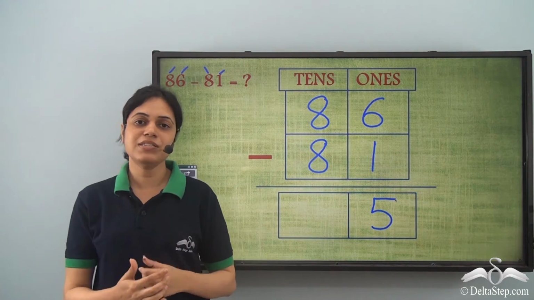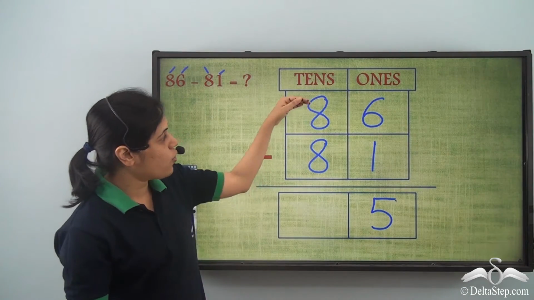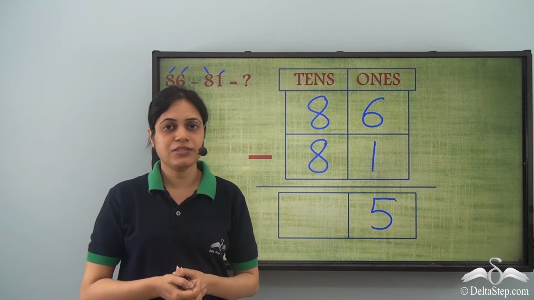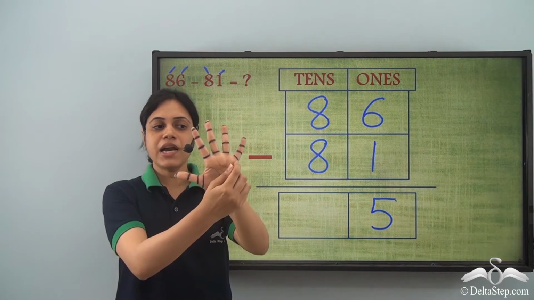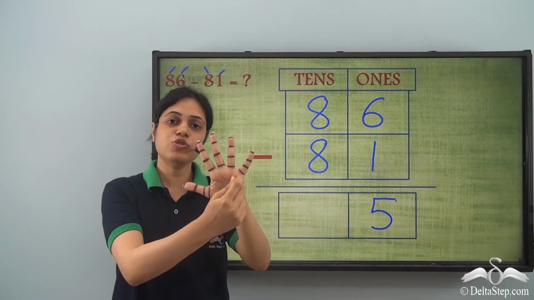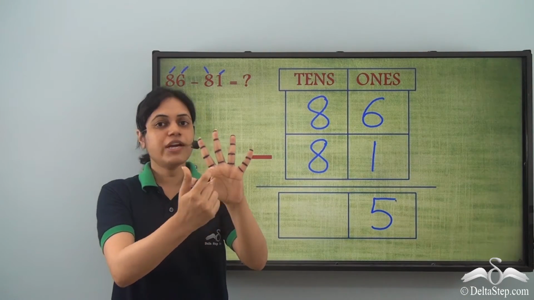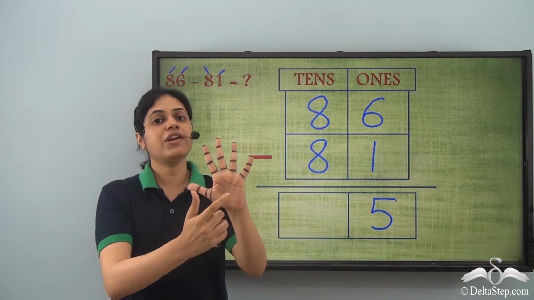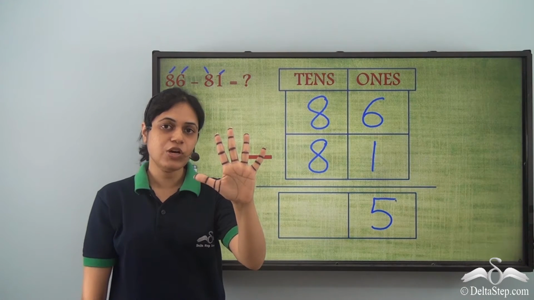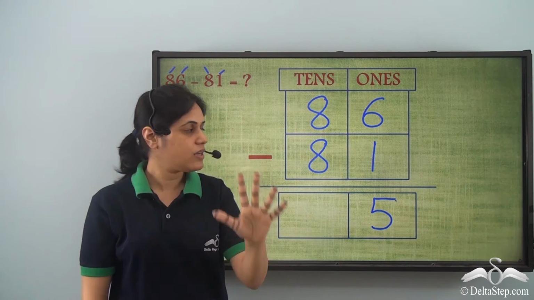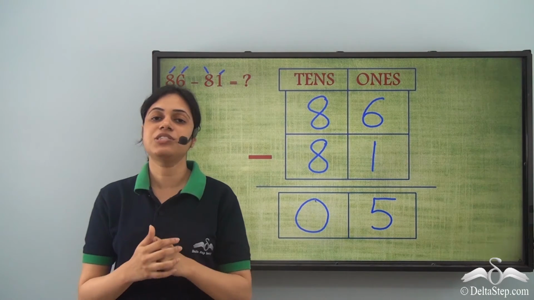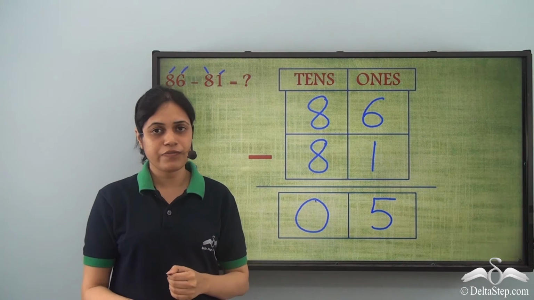What is 8 minus 8? Well, we need to start after 8 and go up till 8. Right? So what comes after 8? 9. If I start counting from 9, but I need to go only till 8, so I don't need to count any finger mark. So there are no finger marks to be counted or 0 finger marks. So the answer to 8 minus 8 is 0, which is quite obvious.